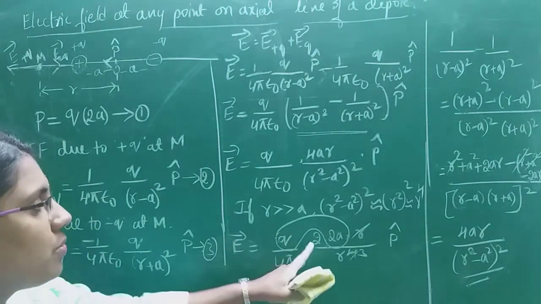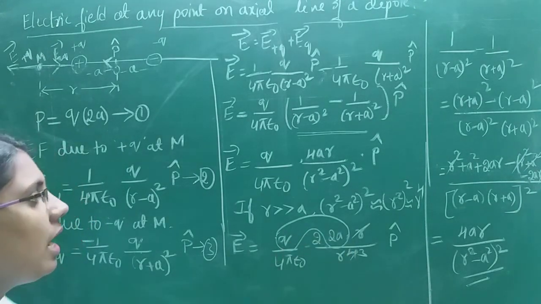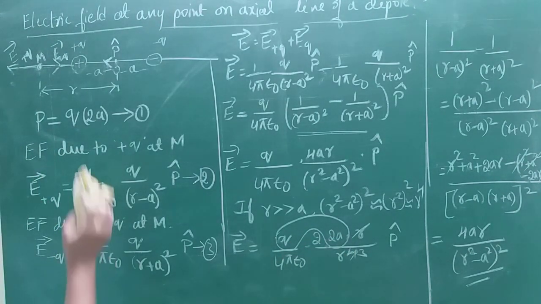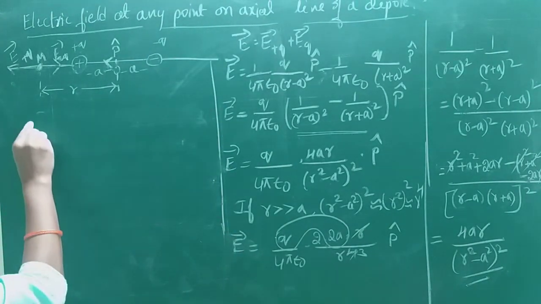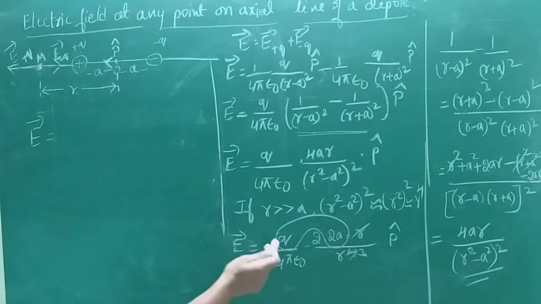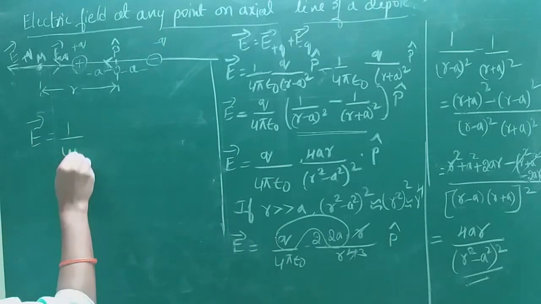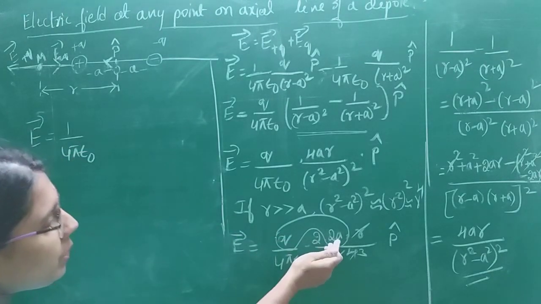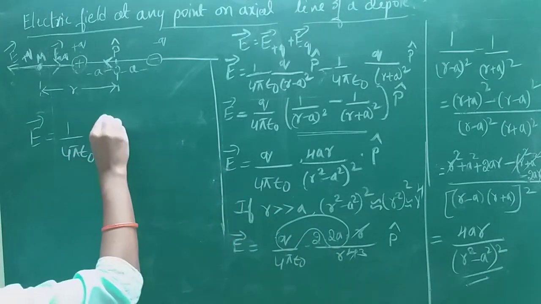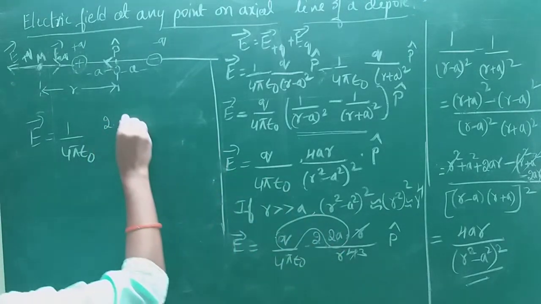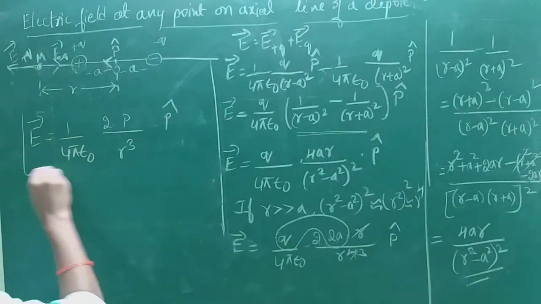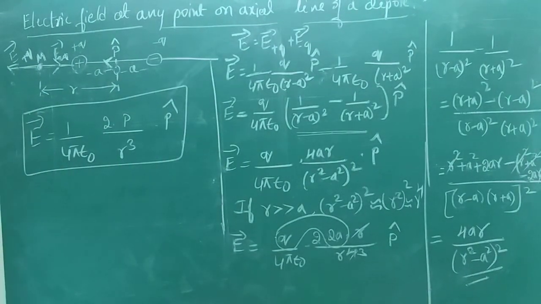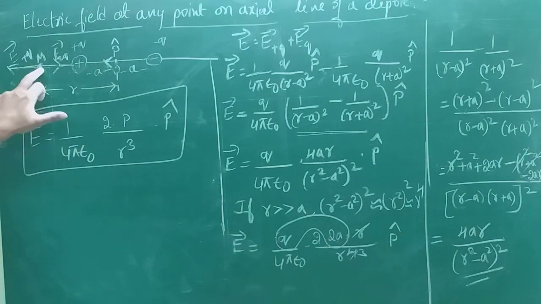So now substitute p in place of q into 2a. We can write this equation as vector E is equal to 1 by 4 pi epsilon naught into 2 times q into 2a, which is p, divided by r cube, into p cap. This is the expression for